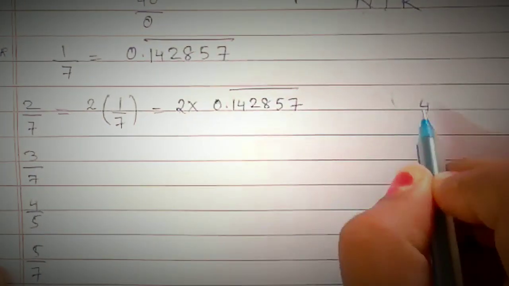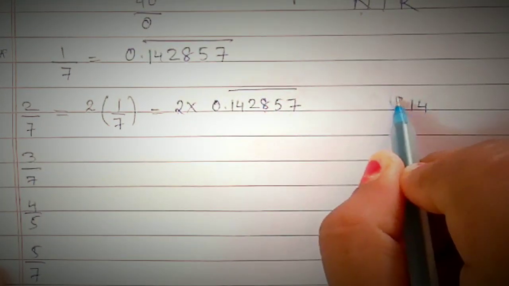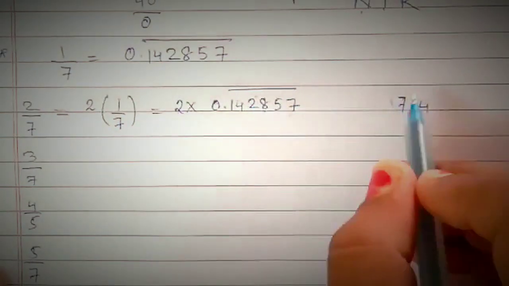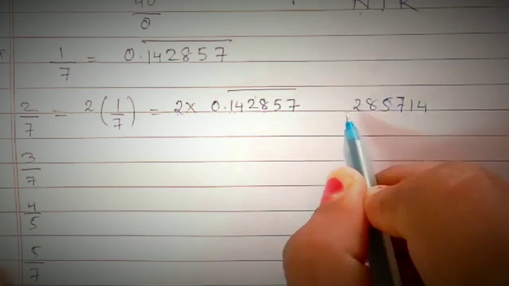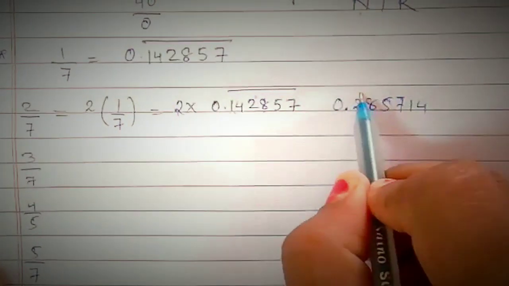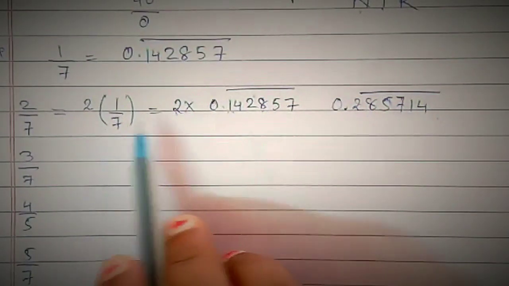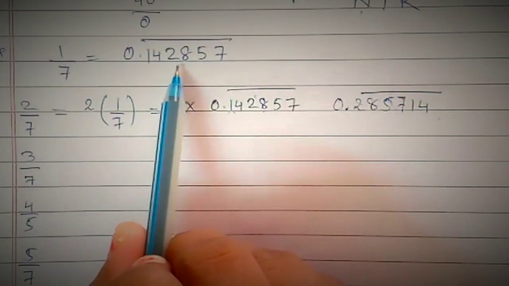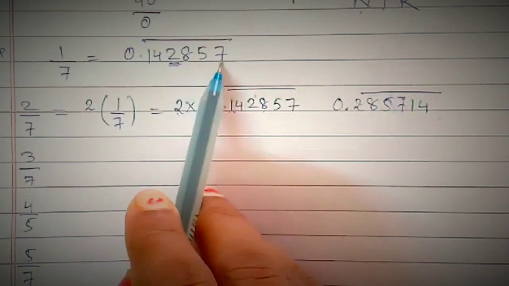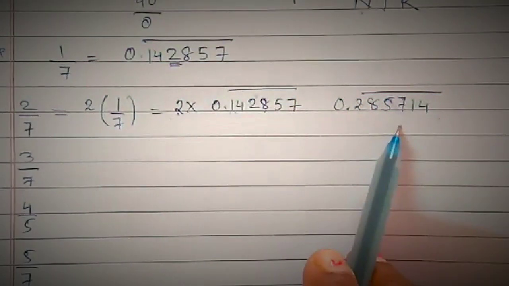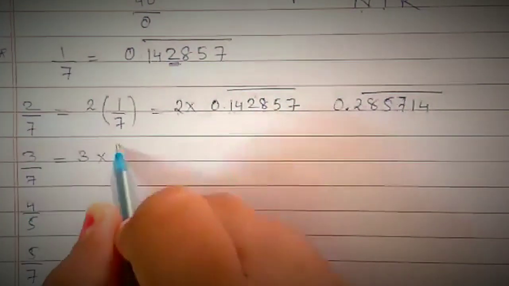Start multiplying. 2 7s are 14, 1 carried over. 2 5s are 10 and 1, 11. Again 2 8s are 16 and 1, 17, 1 carried over. 2 2s are 4 and 1, 5. 2 4s are 8 and 2 1s are 2. So can you see I have got 285714. So what I mean to say is, if you compare this answer with the above one, it is the same string starting with 2. Just see, 285714, right?